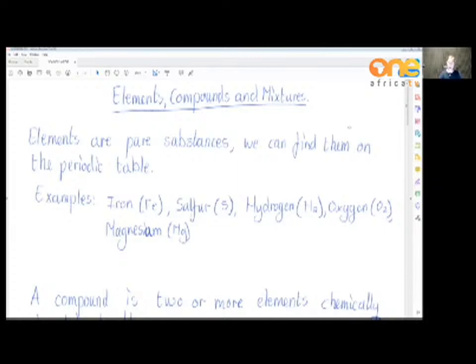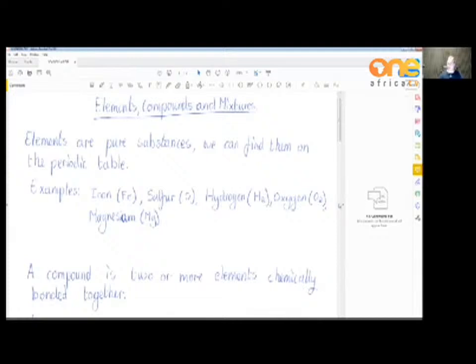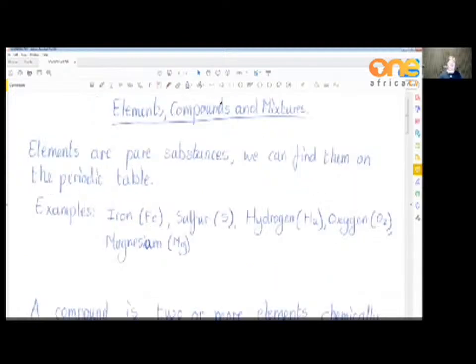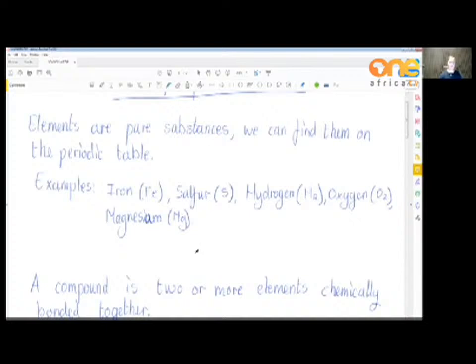Elements are pure substances, and we tend to find them on the periodic table. For example, we have things like iron, sulfur, hydrogen, oxygen, and magnesium. So, iron is the symbol Fe, sulfur is S. Hydrogen and oxygen, you may notice, this is an H2 and an O2. So these are technically molecules,